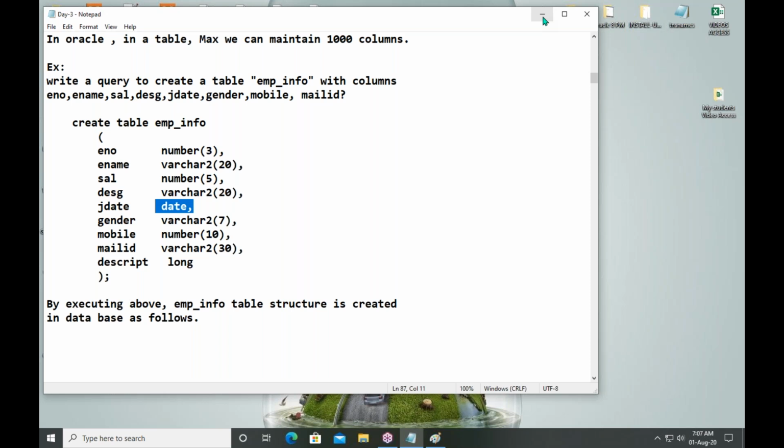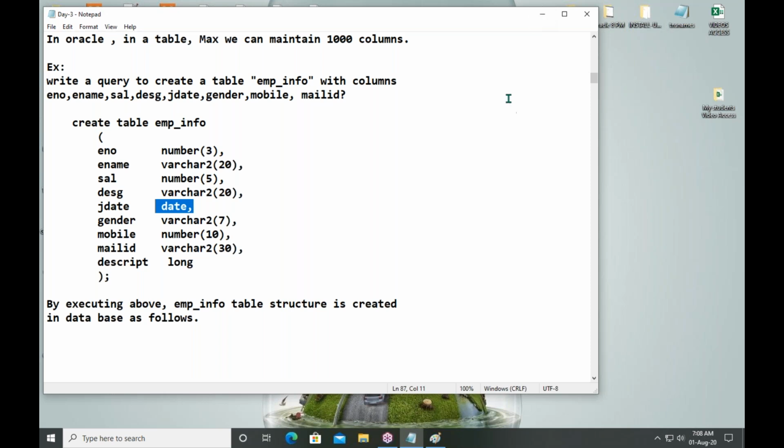Employee photo, binary data. Understand? Again, I am repeating. Employee name, character data. Employee salary, number data. Employee join date, date type data. And employee image, that is binary data.